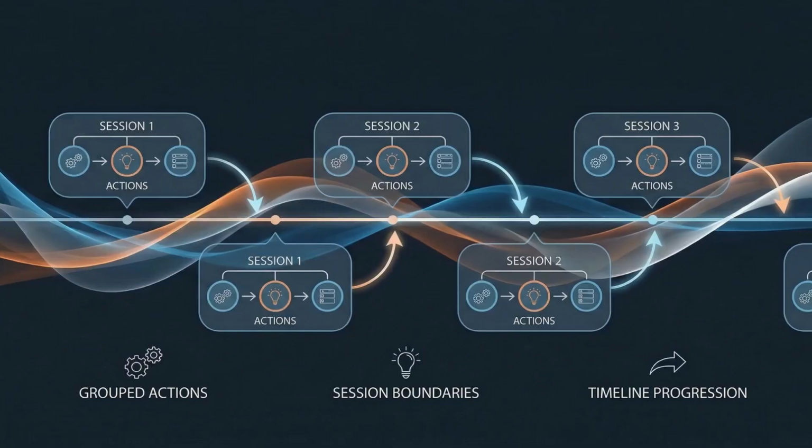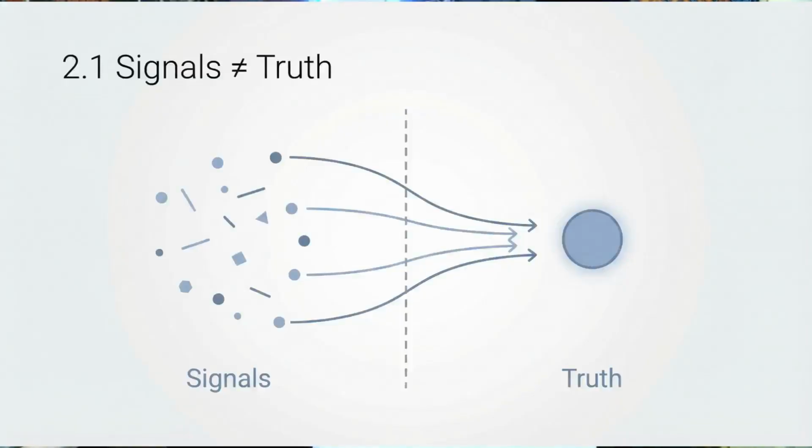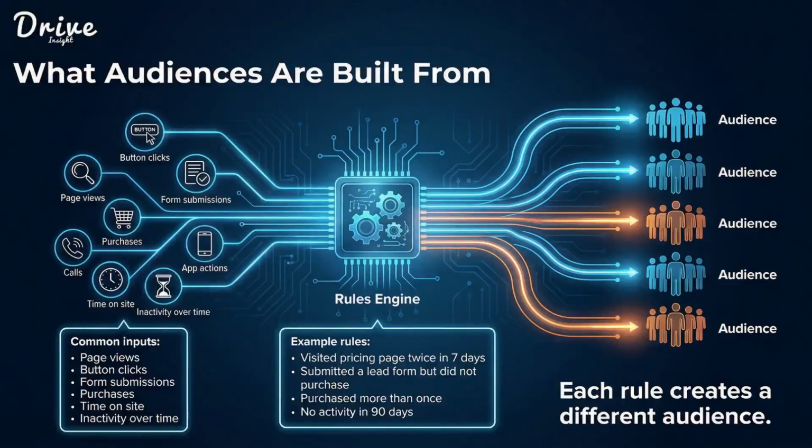Before we can talk about performance, attribution, or optimization here, we have to clear up one core misunderstanding. Most people talk about tracking as if ads are watching people. They're not. Marketing platforms don't see people, they see signals. Those signals can come from first-party data collected when someone interacts with your business. That could be a page view, a button click, time spent reading, a form submission, even a completed purchase. Each of these is one single event within the business.